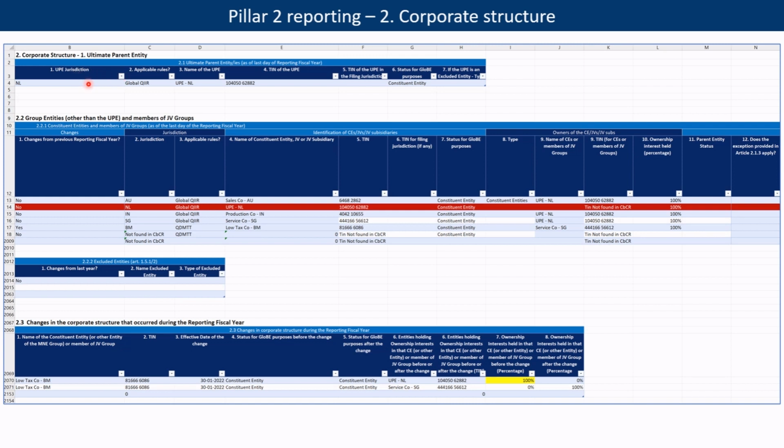So you would simply have to pick the name of the ultimate parent entity in a drop-down list of all the entities in your CBCR report, and that will then give you the lookup for the ultimate parent entity jurisdiction and the TIN number. You would have to declare whether it's a global, whether the jurisdiction is a qualified intermediate, the IIR rule, or whether it is a local one or some other regime, and what the status is for